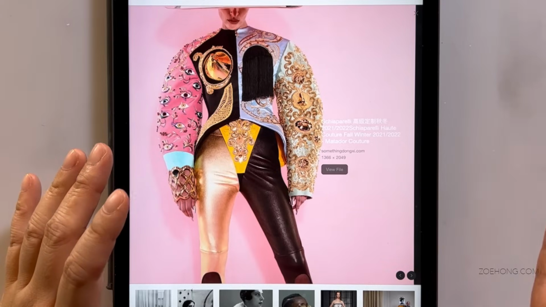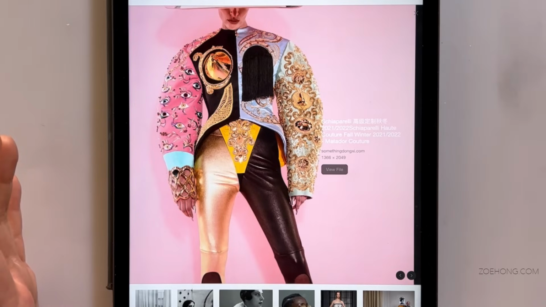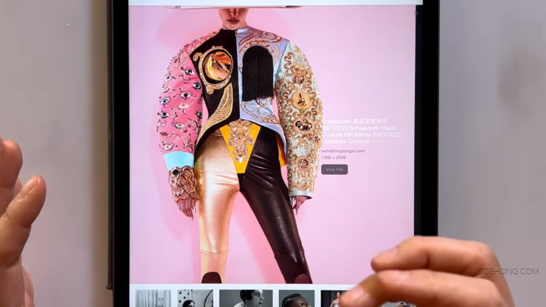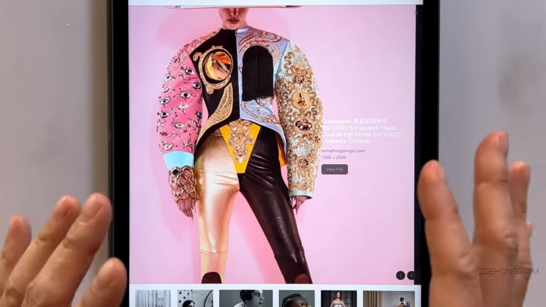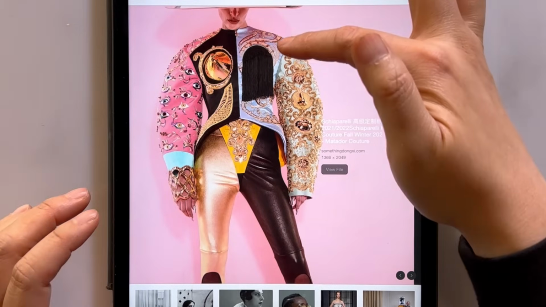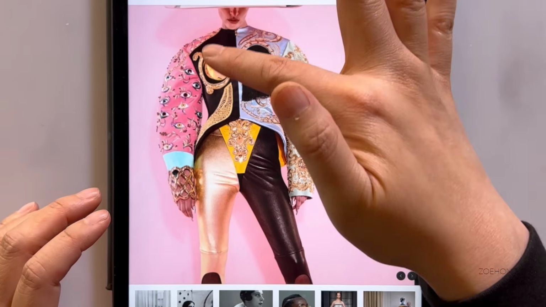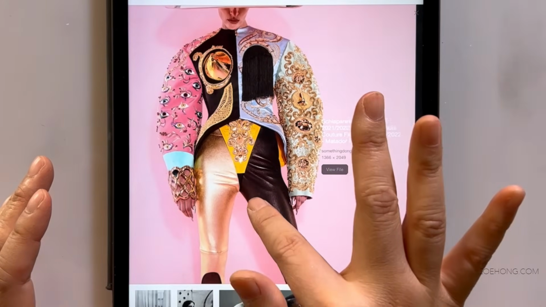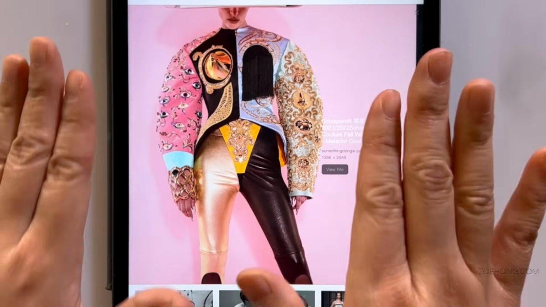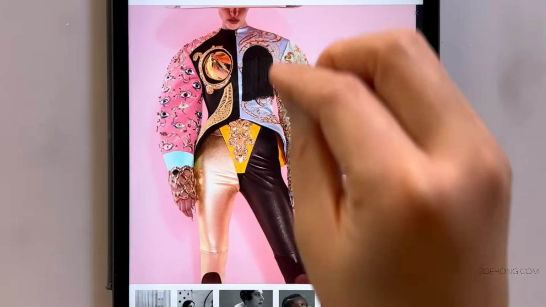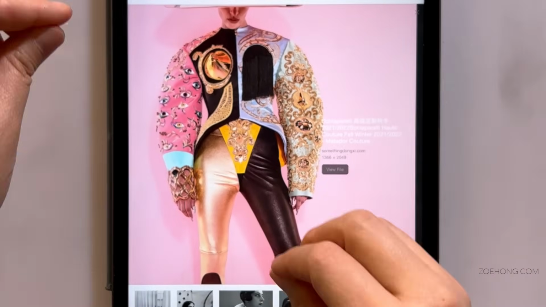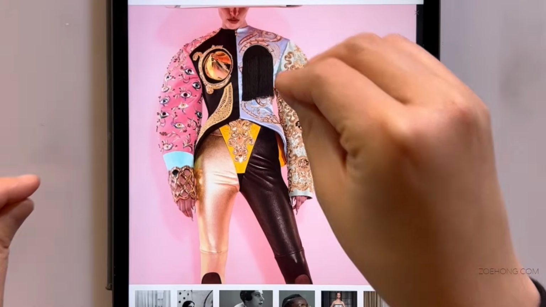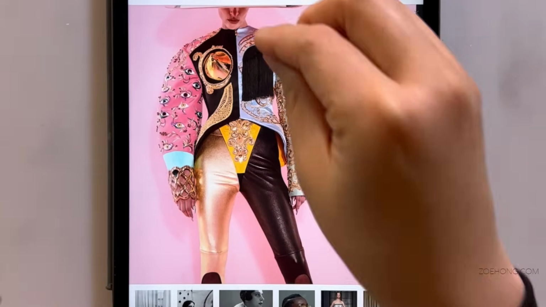This is one of those things where you're creating multiple points of emphasis to make your eye bounce around. And we're going to talk more about that when we talk about rhythm and movement, when something is static, but it's like the black versus the baby blue, the gold on top of the black, the gold versus the black, and then you have a bejeweled crotch. And so your eye keeps bouncing back and forth places because you have these hot spot places of